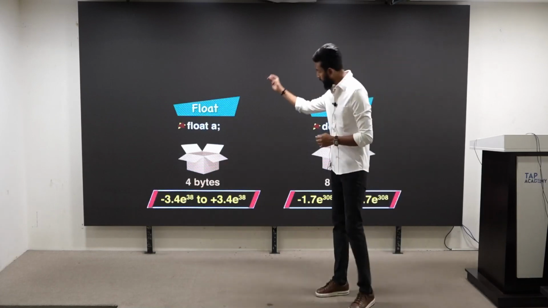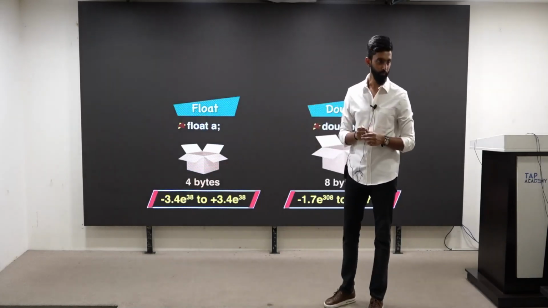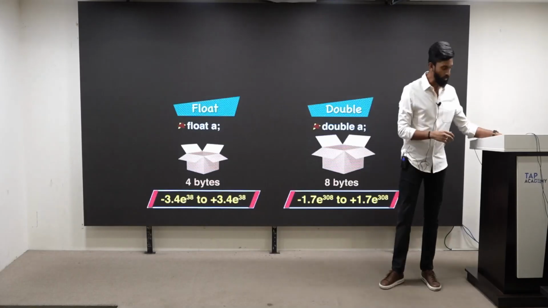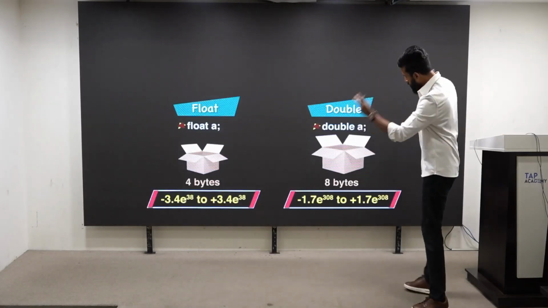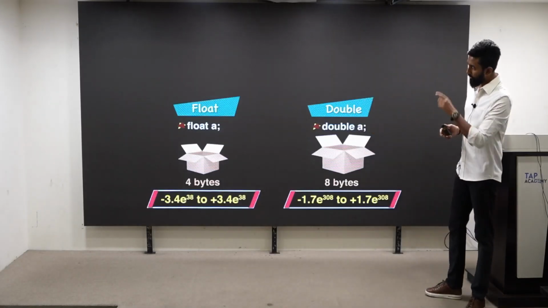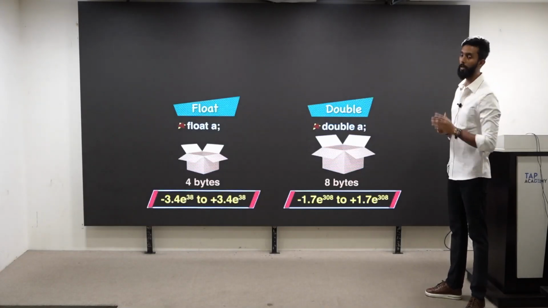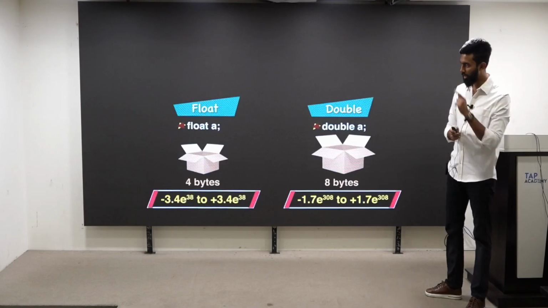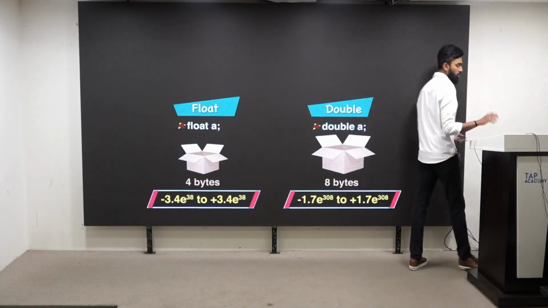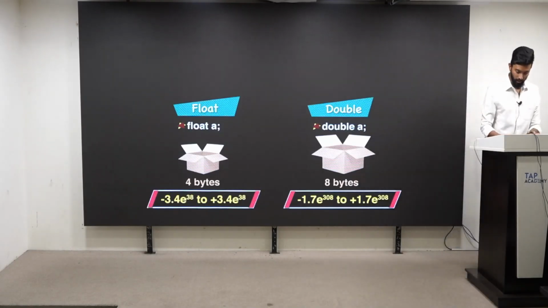That way range will not even be an issue for float also. So the question now is, both have very large ranges. So sir, when should I choose float? When should I choose double? If that is your question, then please try to understand there is only one word which will answer that question